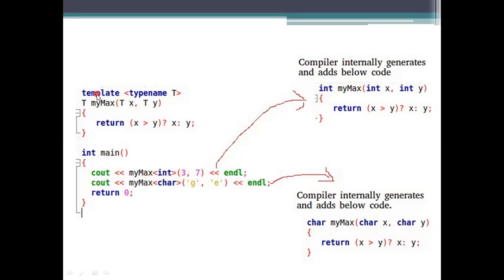So here I am creating a template using the template keyword, and I am taking the type name as a thing here. The type name has to be repeated, because we are taking multiple behaviors of these functions based on the type name. The type name specified as a template is the object, that is T. We can use any letter here; it is not restricted to capital T, but mostly we will use capital T only.